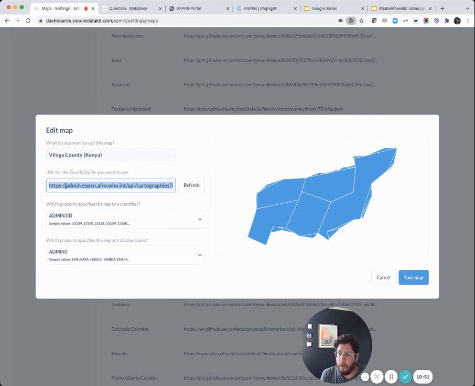And so you plug that URL in here, and I'm not going to get into how the URL is constructed because it's a topic for another day, but you can plug in any GeoJSON URL here. And then you pick your admin3 ID. So remember, we talked a little bit about the ID. That ID comes from the GeoJSON and from my data, and they have to line up to know which district we're looking at. And then admin3 name. So what is the name of the district? Hamisi, Vihiga, Emuhaya, and others. And so when you save that, it will render here in Metabase what the map looks like to make sure that you're actually looking at the right map.